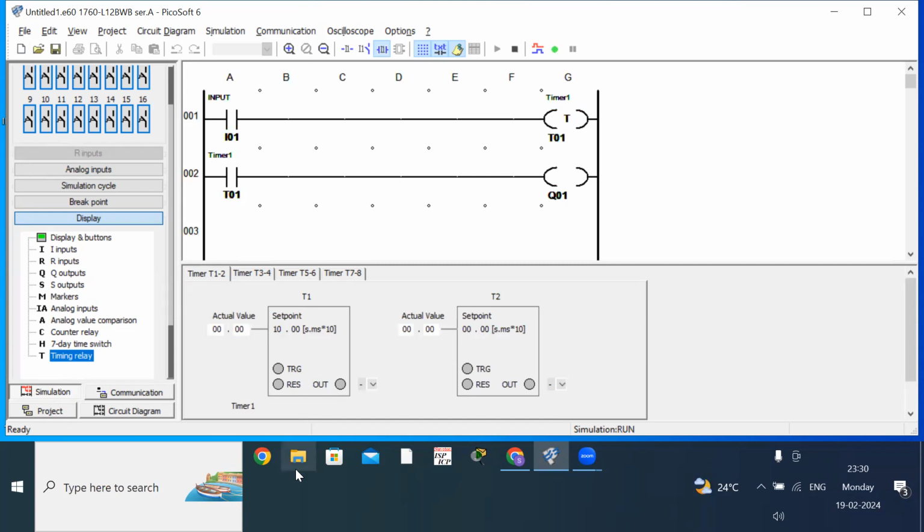So see, the output is initially off. I'll turn on the push button. Initially the timer is on. Now the output is in on condition. Now the push button is in on condition, the timer is on. What do you mean by off delay? When I make the push button low, when I turn off the switch, after 10